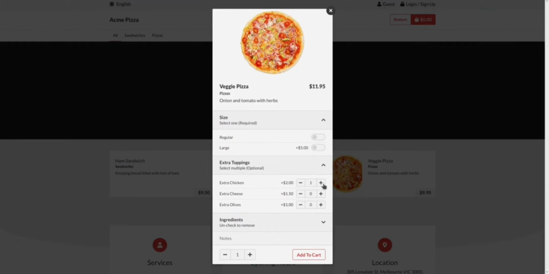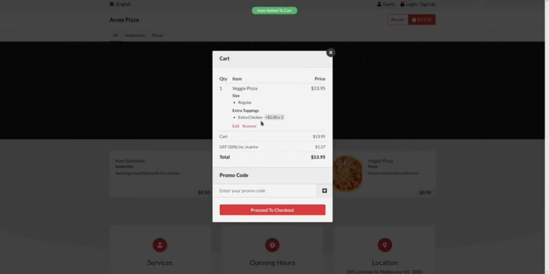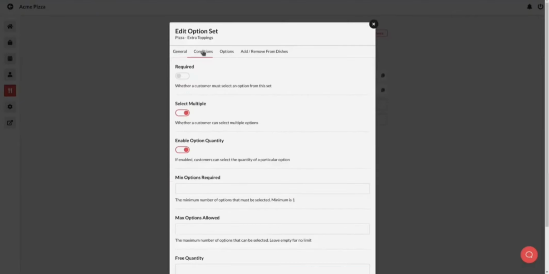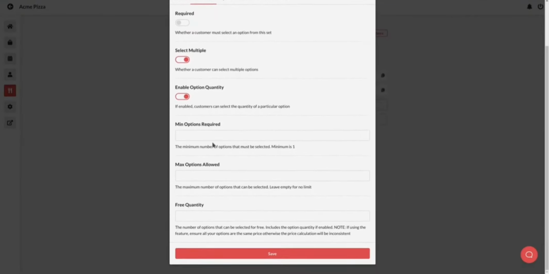So if I picked 1, it's an extra $2. If I pick 2, it's an extra $4. And I'll add that to the cart, and the customer also sees the quantity of the option that they've picked. Now, with the multiple option quantity setting, there's quite a few other little things you can do, such as set